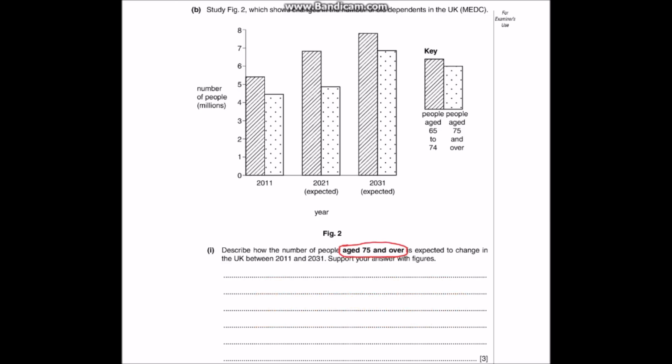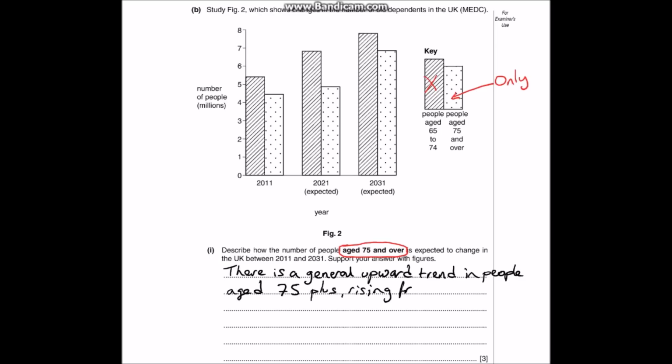Example number 3 is a little bit different. This is not a map, this is a graph. This one's a little bit tricky because notice the question that's in bold over there, age 75 and over. That means that you're only looking on the right hand side of the bar graph, not the one on the left. So hopefully you can see that there's a general upward trend, and in each of the 2011, 2021 and